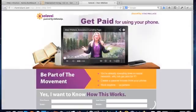Now remember, you cannot use Solavei or the word trios or the word social commerce revolution. There's a few things you cannot use in your domain. So you want to stay away from those that are copyrighted by Solavei, but you can get creative. And I have certainly seen a lot of creative domains if you want to redirect it. For those of you who don't know what that means and you really don't care and you don't want to learn, then just use what ShareSolavei gives you, which I chose